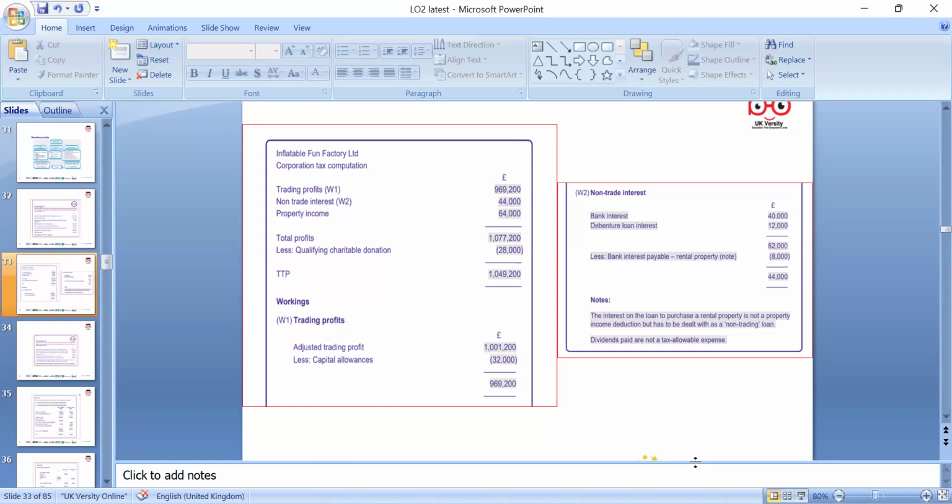And then we have non-trading interest: bank interest, debentures, less bank interest paid on the properties or others. So we have the non-trading interest income. We have the property income, which is given in the question. Qualifying charity donation: if you give a donation to charities, you can deduct those if the charity is registered with the Charity Commission. So TTP, the total taxable profit, is